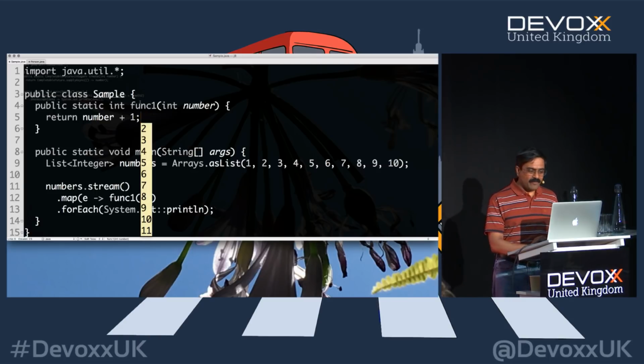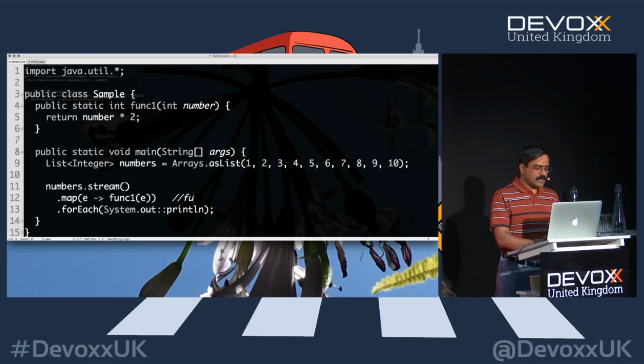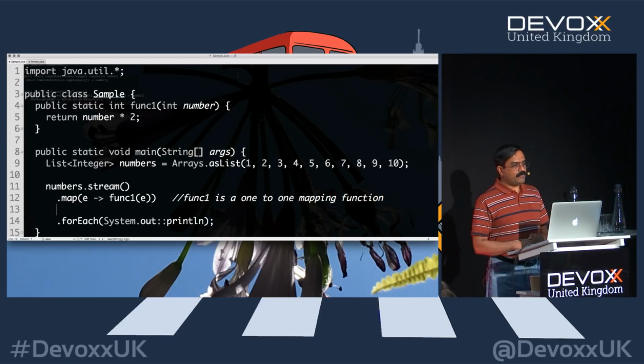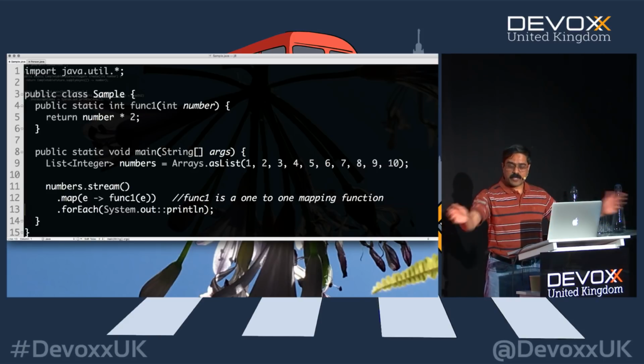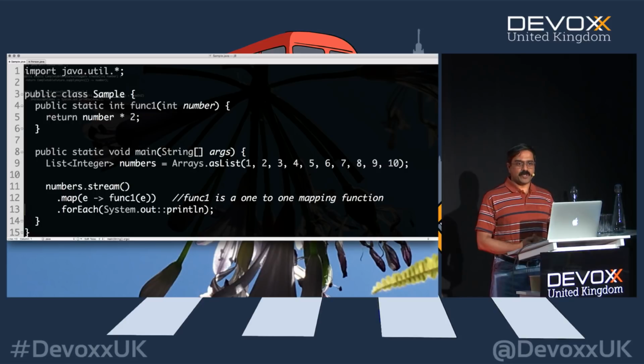Well, it printed the value, let's put it times 2. It's a little easier to see it. So 1 times 2, 2 times 2, and so on. What about func1 itself? Well, func1 is a 1-to-1 mapping function. What does that mean? If you give me one object, it returns one object. For example, we've got wonderful people in the room. For every one of you, I can ask you, what's your first name? And every one of us has one first name. That's a 1-to-1 operation. One person, one first name, right? That's as simple as that.